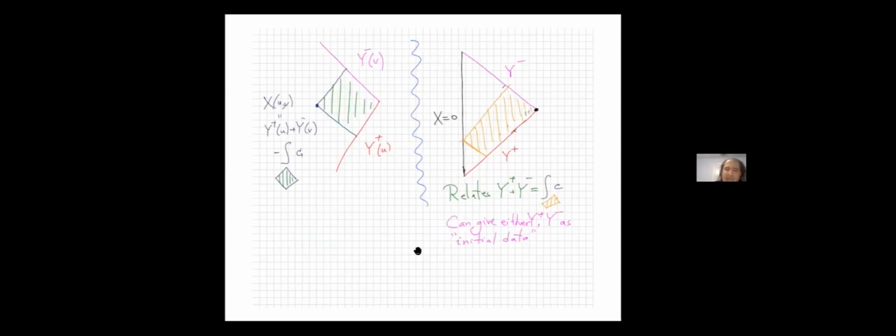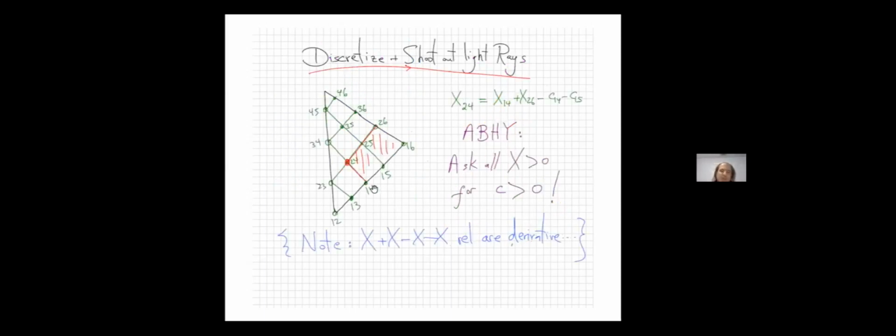And then once you do that, you can discretize the surface the initial data is given on and shoot out light rays, and in that way discretely cover the whole space. So for instance, if I do that in this picture and I discretize down here or up there, it doesn't matter, and I shoot out light rays, and I fill out the rest of the region with a grid. And of course, this looks very, very familiar from the sort of wave equation picture for the ABHY Surfacehedron.